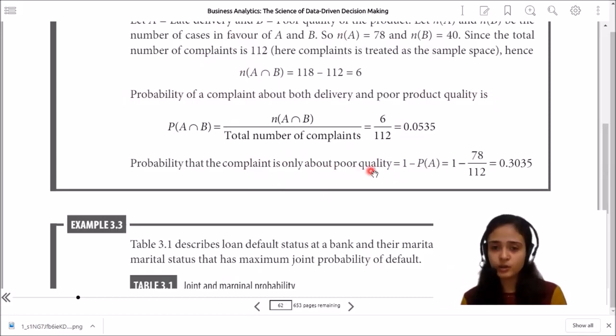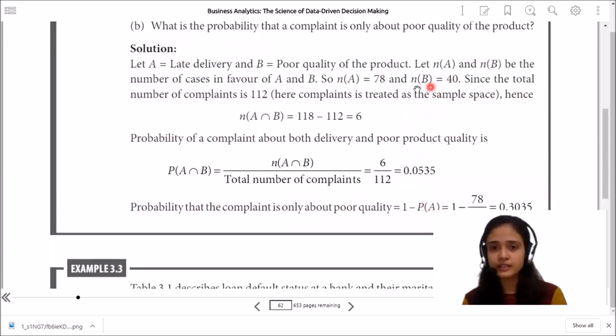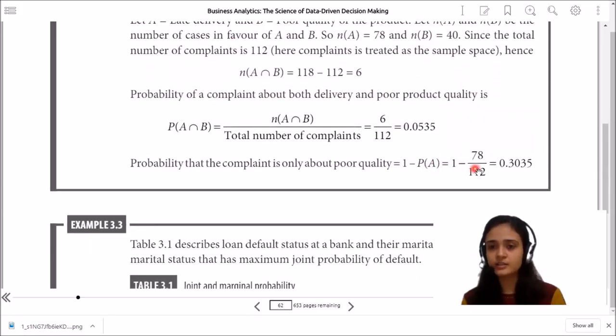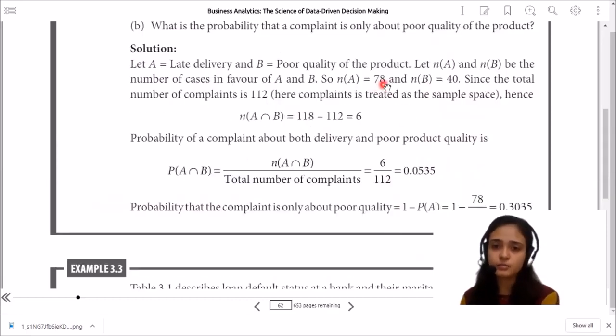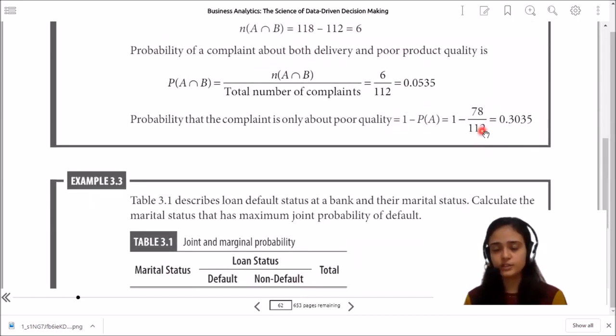So to find the poor quality, I can write the formula like this, that is 1 minus P of A, because B stands for the poor quality. So I'm writing 1 minus P of A, that is 1 minus probability of A. What is the probability of A? That is the number of observations in A, that is 78, divided by total number of complaints, that is 112. So I got the probability answer as